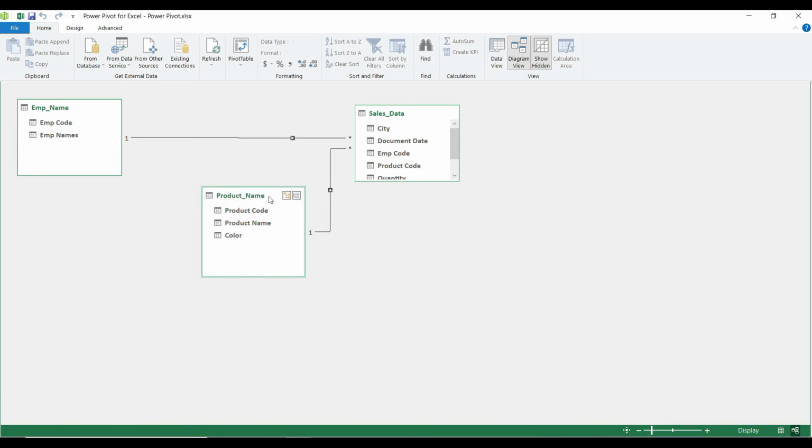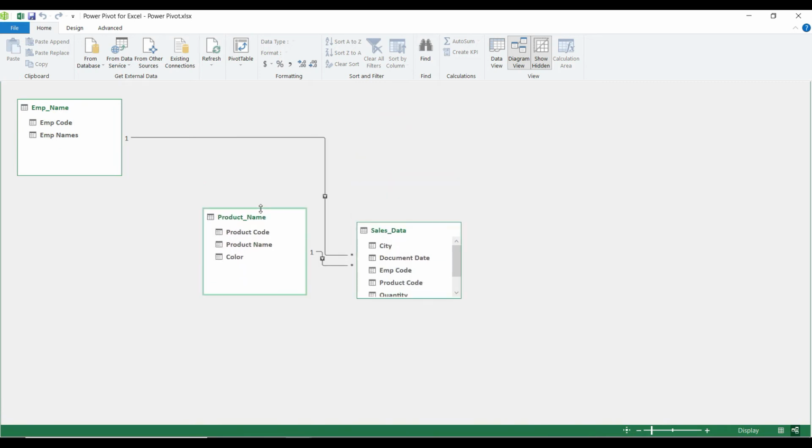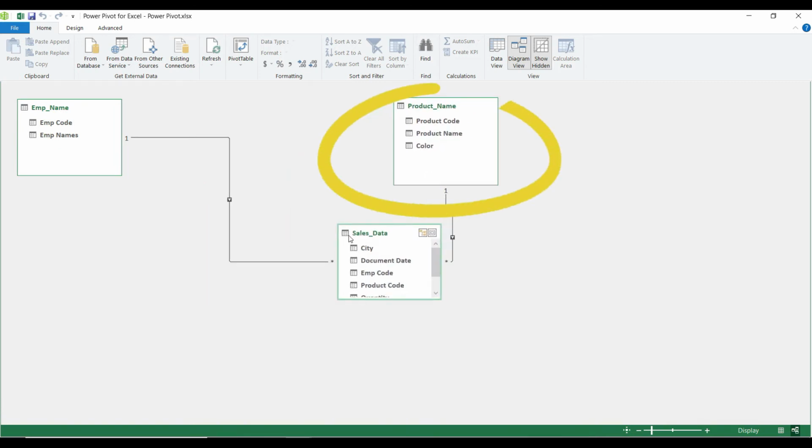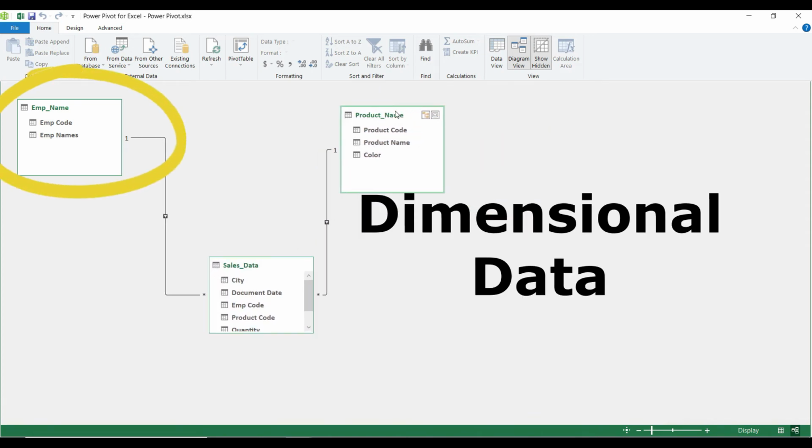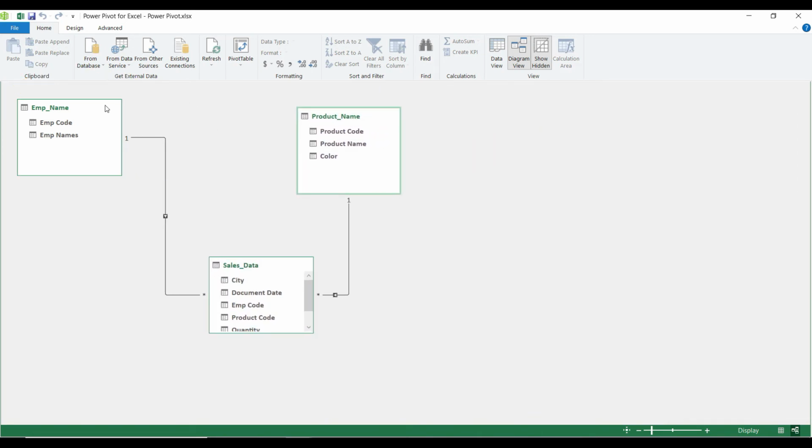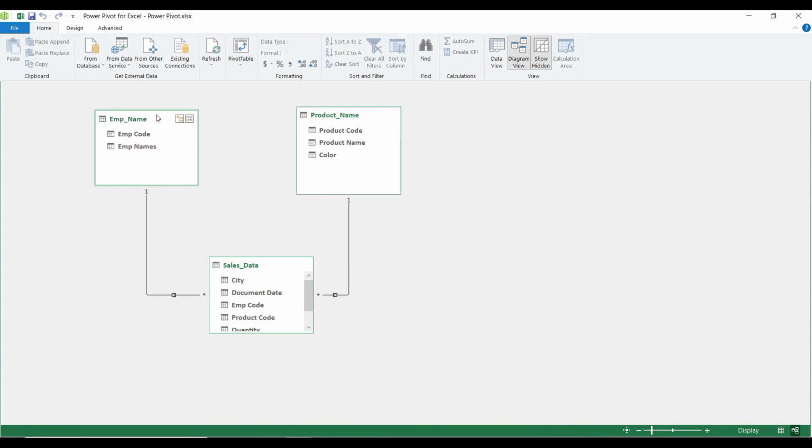This is the main data, sales data, and these two data we can call dimensional, with this one to many. This asterisk, nothing but a multiply sign, indicates many matches. We just took the employee code. Based on the employee code we can bring employee names, and based on the product code we can bring product names.